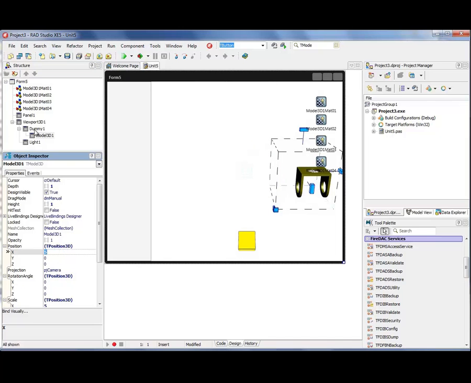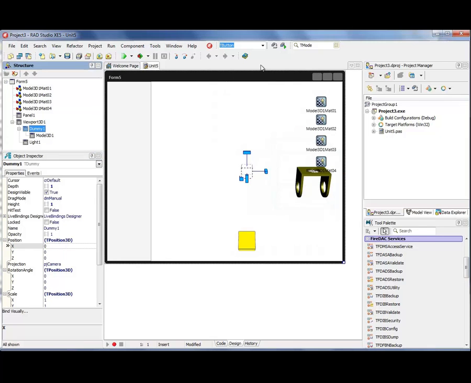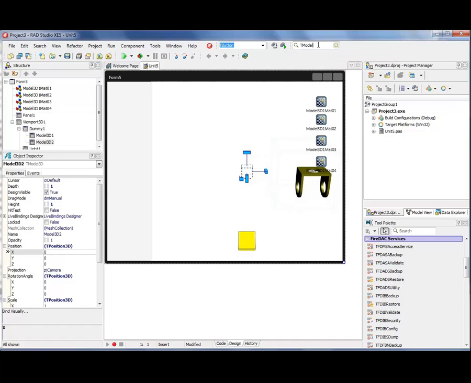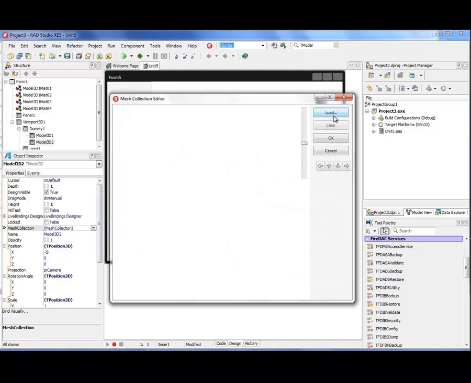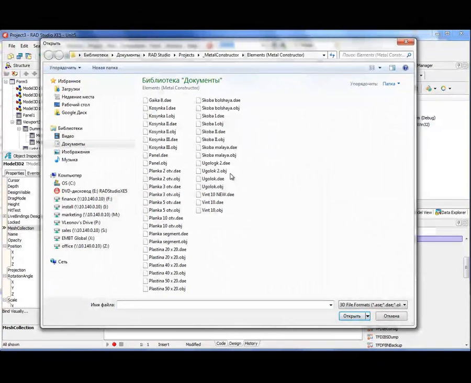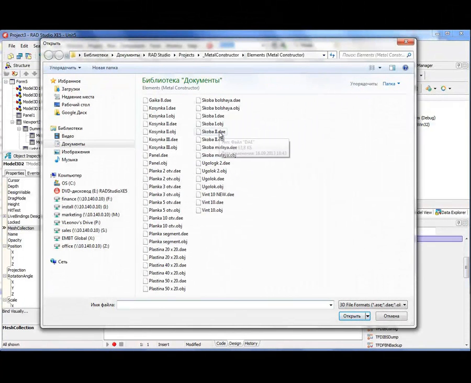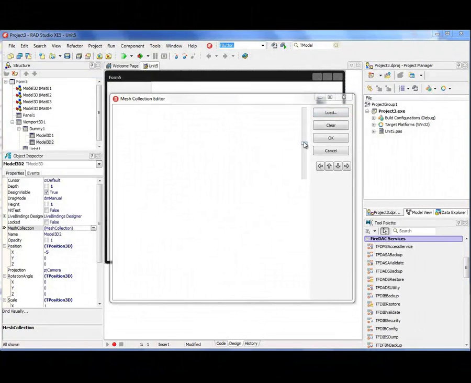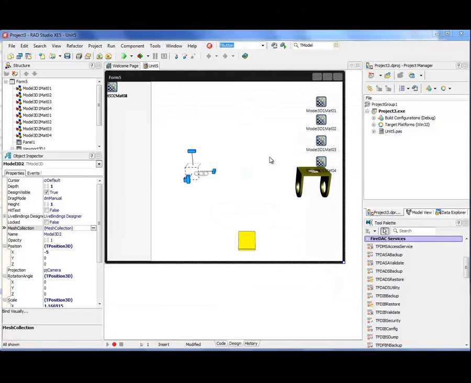Then I select T-dummy and another model 3D on the form, move it to -5 to the left, and then load another, like this, another DAE file. That's okay.